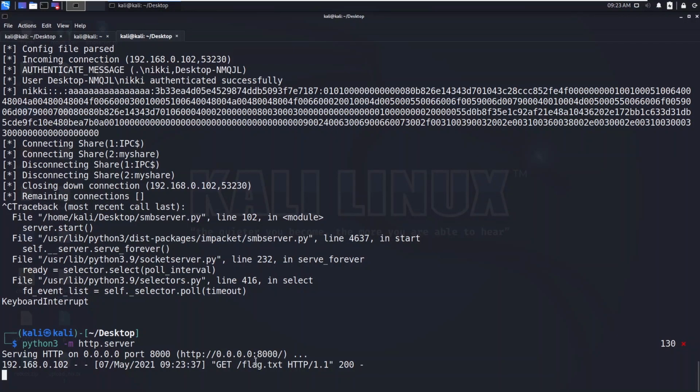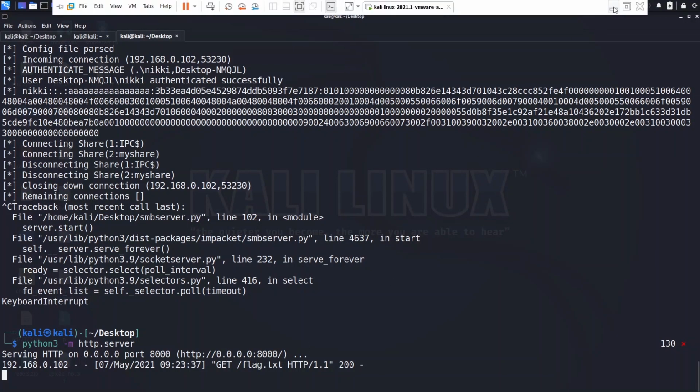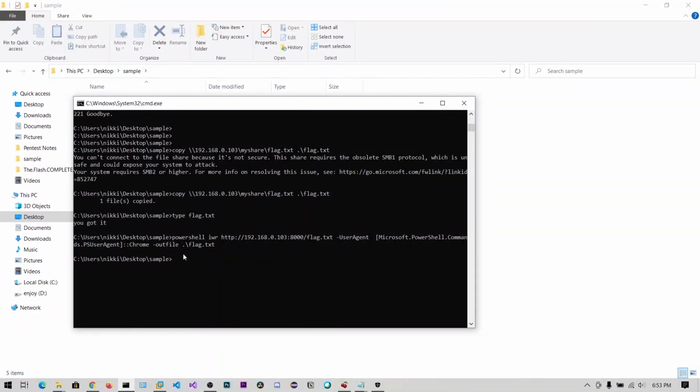So you can see there is a get request. Now this request will be sent as if the Chrome browser has sent a request like a normal user. So this might be used for masking our user agent.